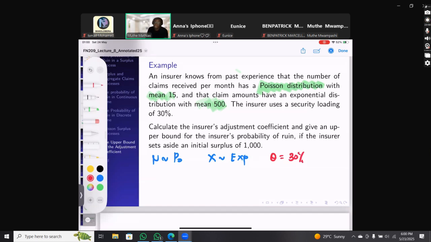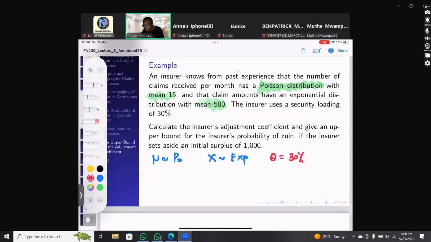For the security loading in this part, you look at your expenses and you ask yourself, what profit do I need? Because you are doing business, it should capture profit and all the expenses you are incurring, right? So 30% is actually the security loading. You will get some profit, you will be able to cover some expenses and stuff like that. So the insurance company believes that if it sets this loading at 30%, then that makes sense, right? Of course, this is an empirical question. The insurance company has to do empirical analysis to arrive at this point here, right?